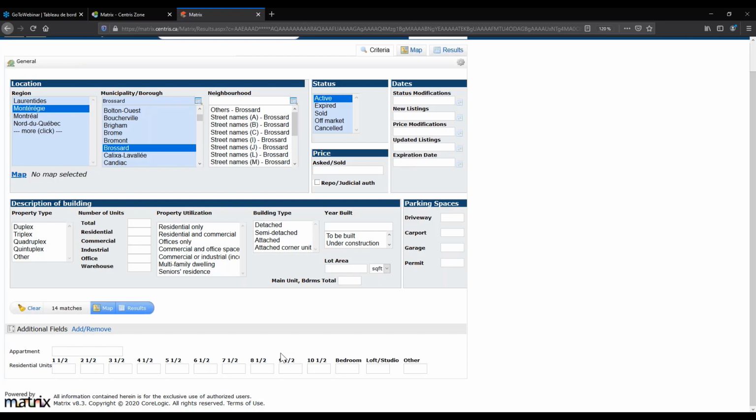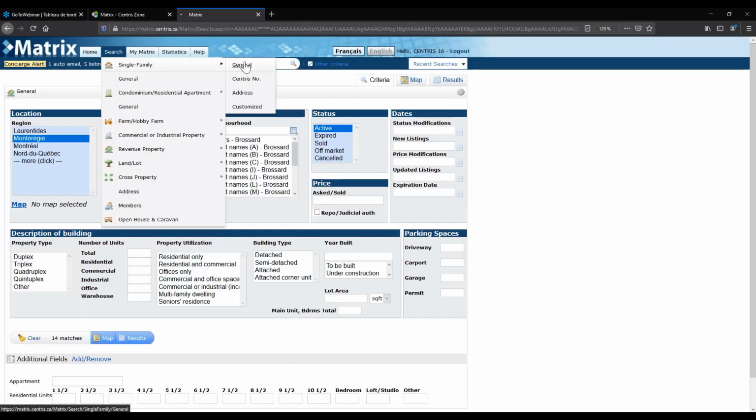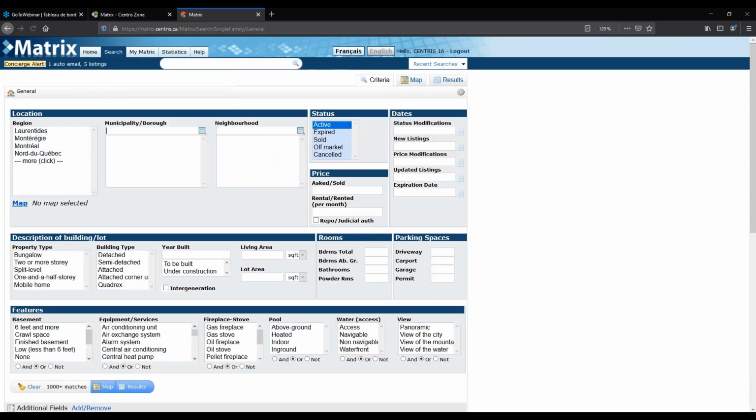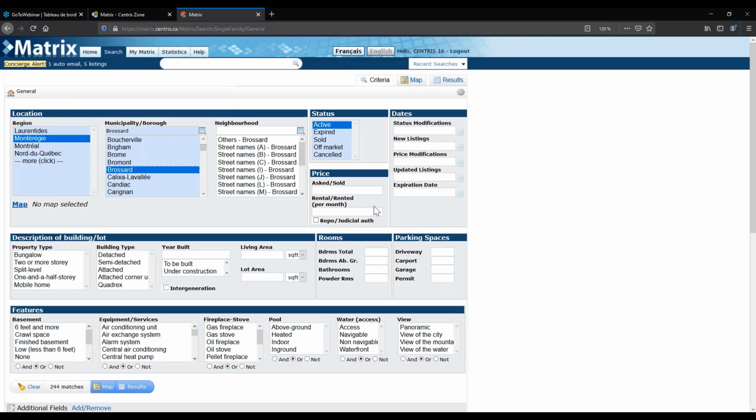So let's get back to the single family. And I will go back again with my criteria, which I have here: plus, year built 2000, and detached. There you go. So also what you can do is you can select a map. If you click on map in your criteria,